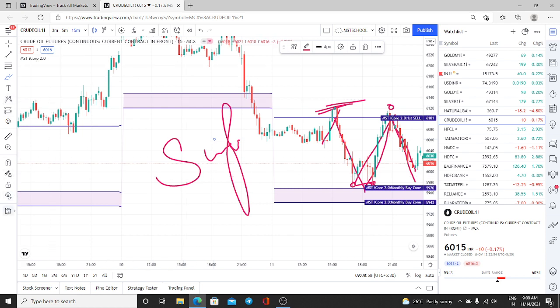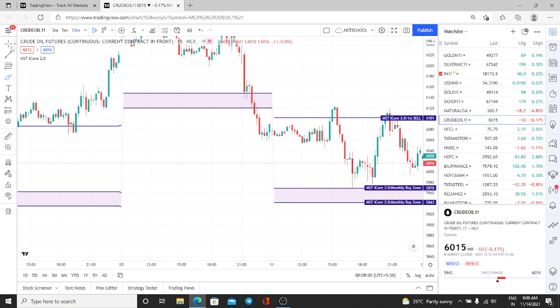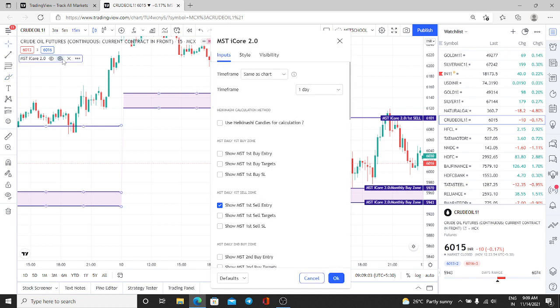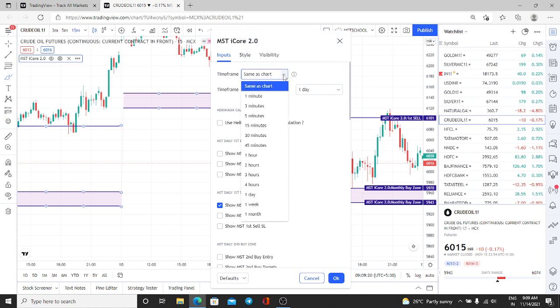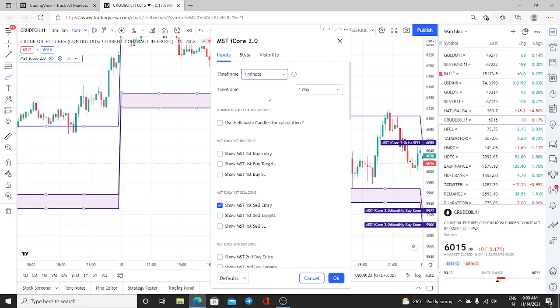So once again I will tell you what all we have added in the existing indicator. So these are the settings. In this we have given a time frame for the chart. See here, you just click on the I button, and the information has been given. Suppose you want to see the chart in a 1 minute time frame, but you don't want to change the candlestick on the chart. In that case, change it here for calculation. So there it will not be changed, here it will be changed.